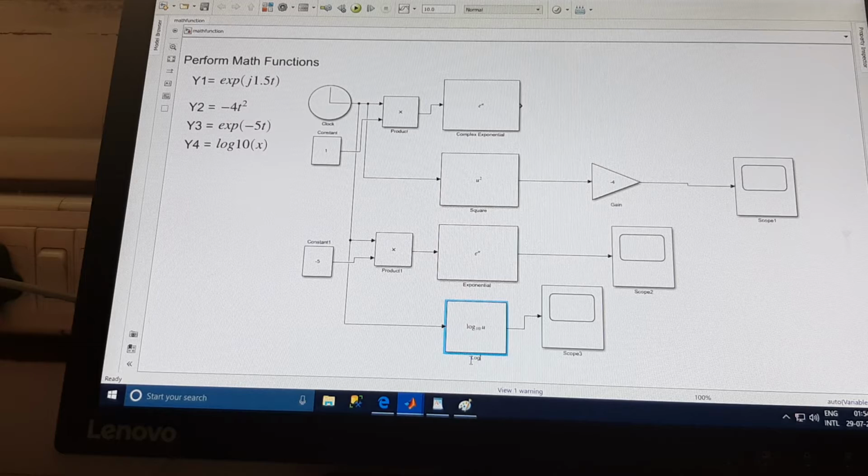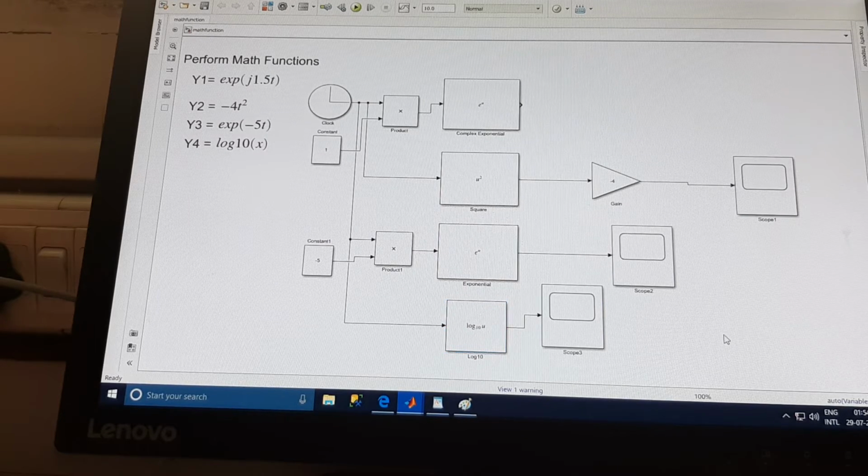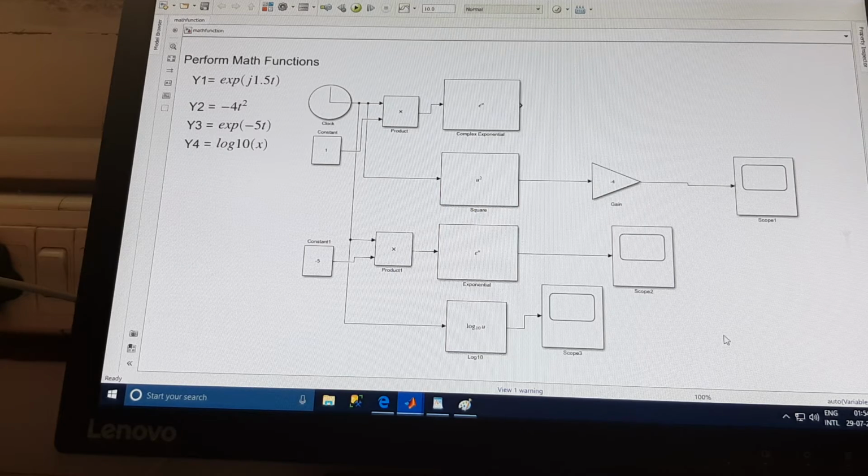Okay, sorry, type log 10. Fine, click somewhere on the unoccupied area.